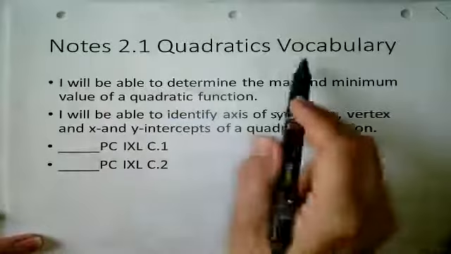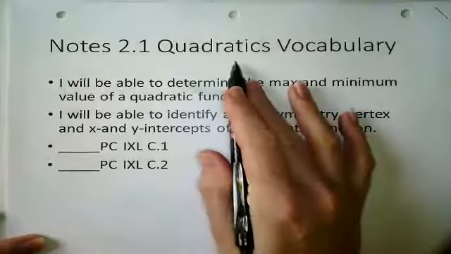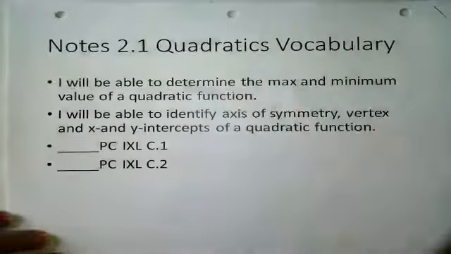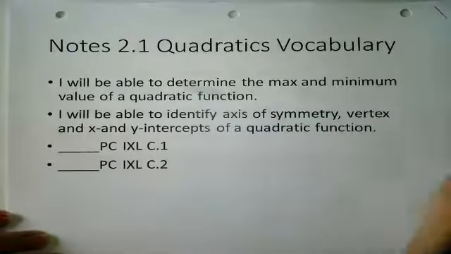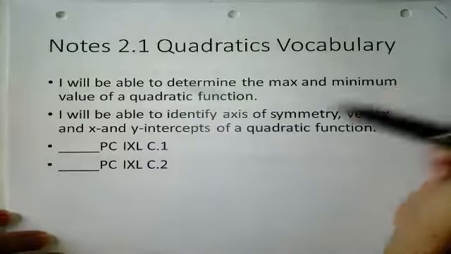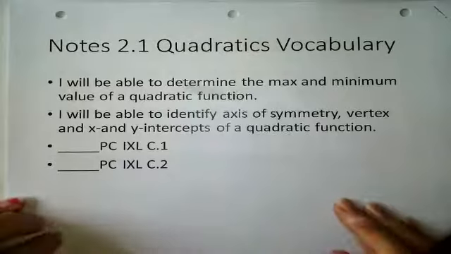We're looking at some quadratic functions now. We're working on quadratics and polynomial functions now. And so today we're going to be talking about the maximum and minimum of a quadratic function. We're going to be able to find the axis of symmetry, the vertex, and identify x and y intercepts of